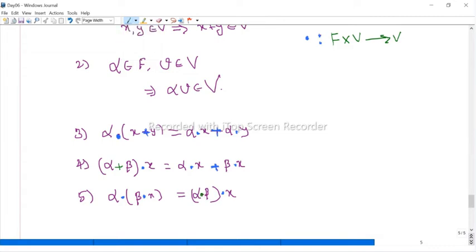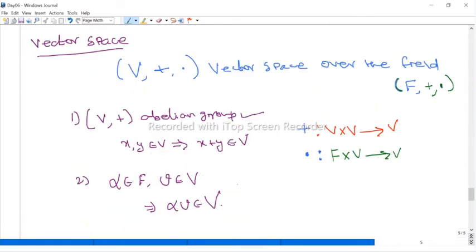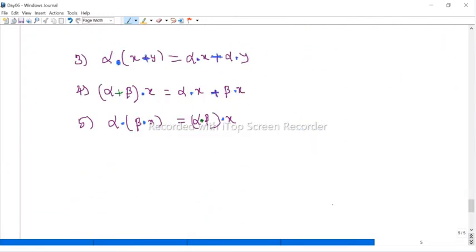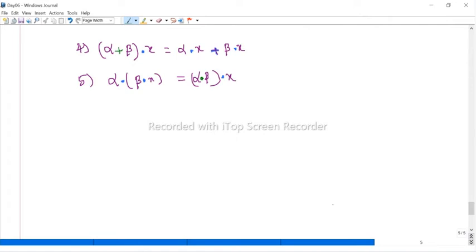This alpha into this green color. So this alpha into b is that multiplication, and this is a different multiplication. So keep in mind, these two operations are different. So this plus and this plus are different. Again this multiplication and this multiplication are different. Anyway, if we satisfy this property, then we say it is a vector space over F.